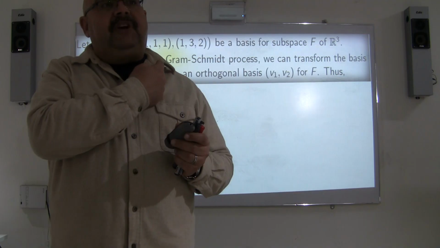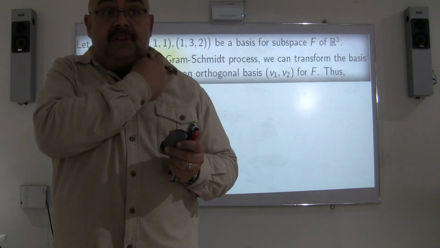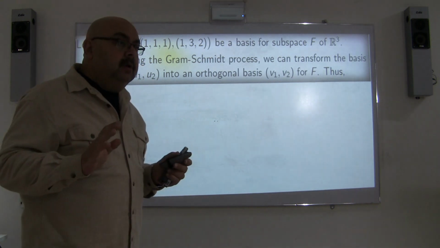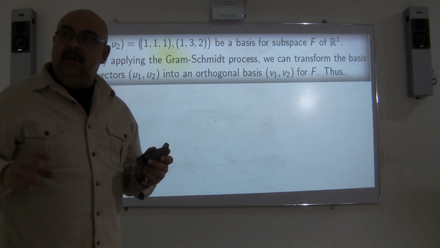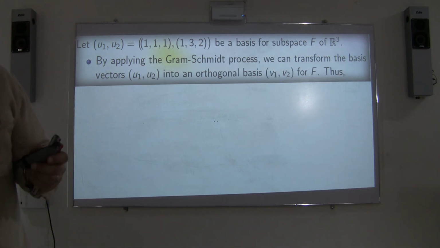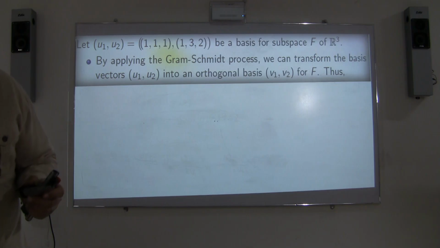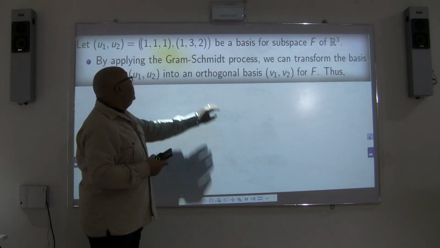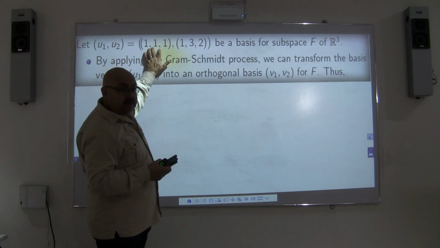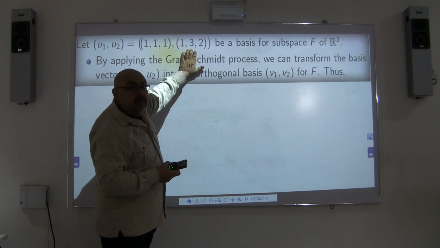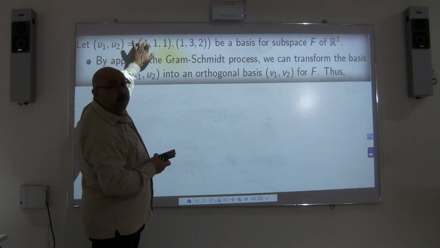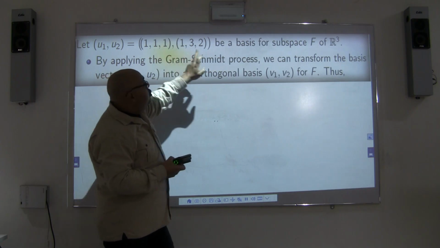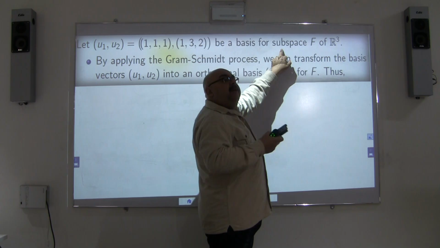These 2 vectors, are they linearly dependent or linearly independent? It's very simple, very obvious they are linearly independent, because simply you cannot generate this vector from that vector. Take (1, 1, 1) and multiply it by a number to make it (1, 3, 2). Can you multiply a number here to change (1, 1, 1) to be (1, 3, 2)? You cannot. So those are linearly independent vectors,